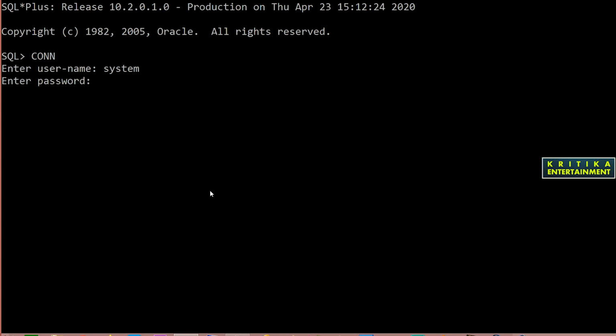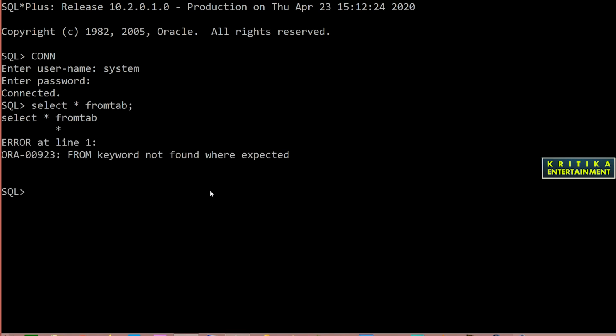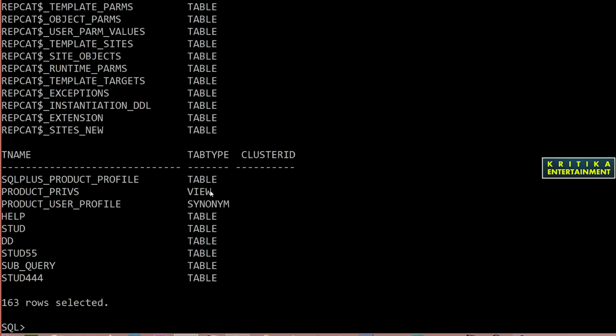Now I will check which tables are there to demonstrate the no data found exception. It is taking some time, okay, connected. Then write select star from tab, so that it displays all the tables, views, sequences, and so on.